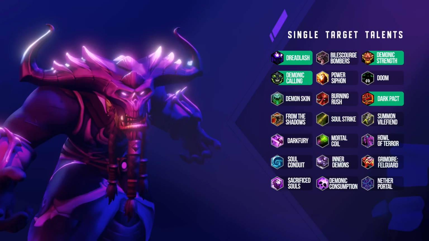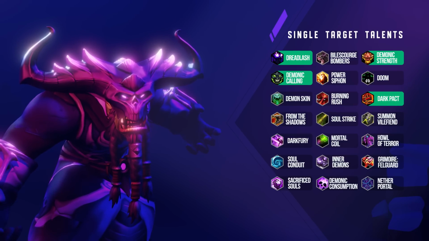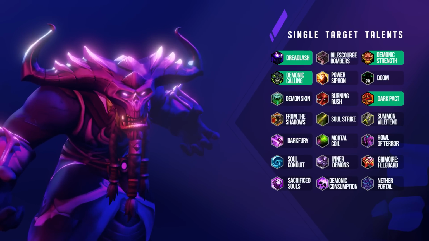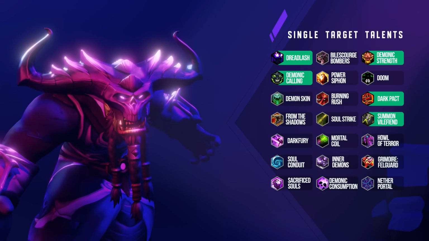Dark Pact is very, very strong, especially when paired with Unending Resolve or another major cooldown. Now, the other row that changes here based on 2-piece is the 35 row. So the de facto best option with 0 pieces of tier or 2 pieces of tier will be Summon Vile